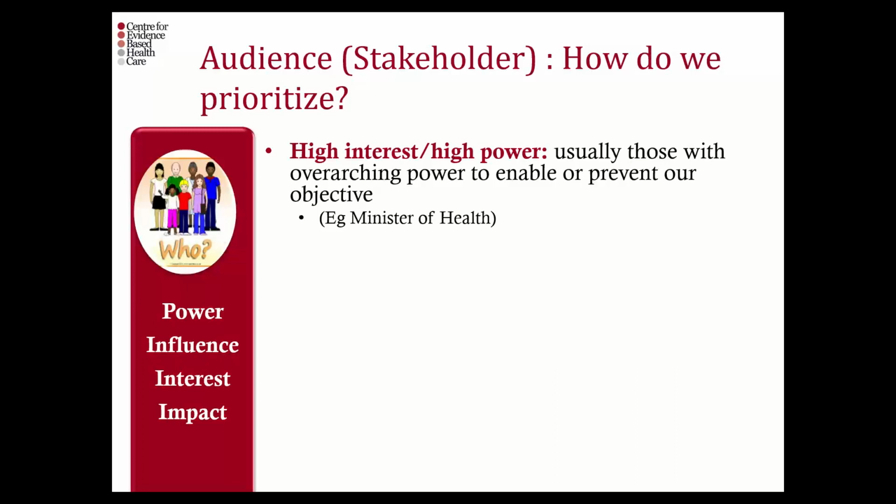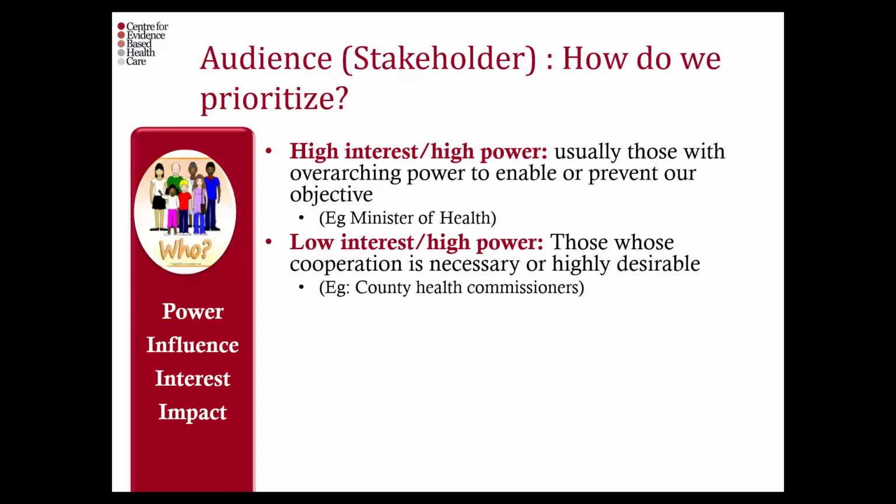There are different ways of thinking about prioritizing. If you created a power interest grid, which is a tool you can use for stakeholder analysis, you could focus on people that have the highest interest or highest power. These people often can enable or prevent your particular objective. For example, someone really high up in the power grid for health work could be the Minister of Health. The topic may or may not have his or her interest, but they often fit in that part of the grid. So you could prioritize by interest and power.